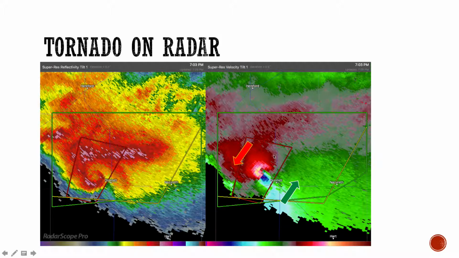When we look over here at the velocity, this is now looking at the winds. And this again is determined by the movement of the targets from the radar. As you can see, this green is wind towards the radar, and the reds are wind away from the radar. The radar is up over here in the top right corner. And when you have these reds and these greens right next to each other, especially when they become the yellows and the blues, which are really high values, this is indicative of a tornado or a strong tornado